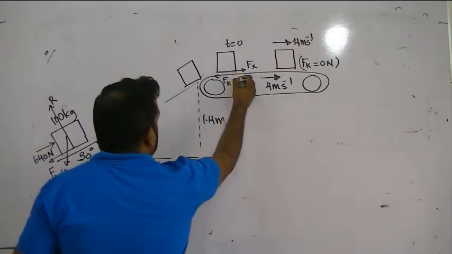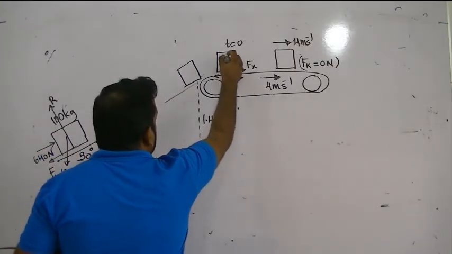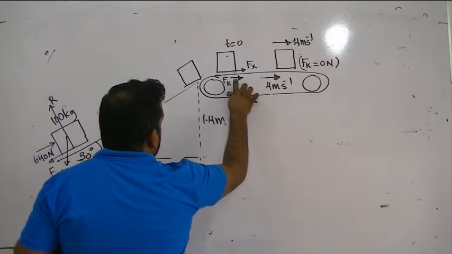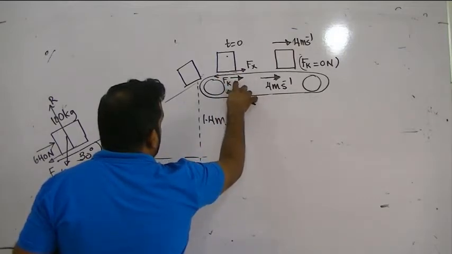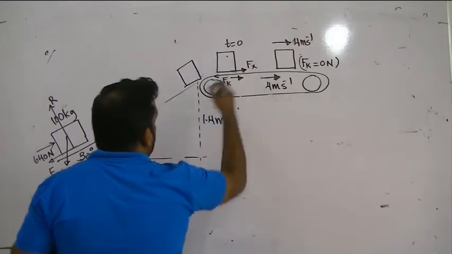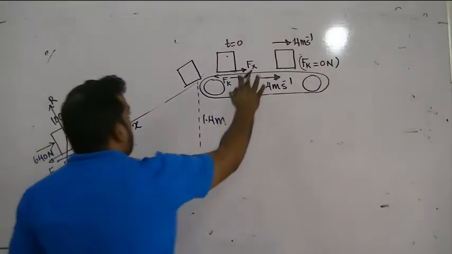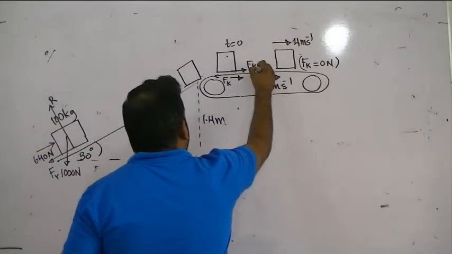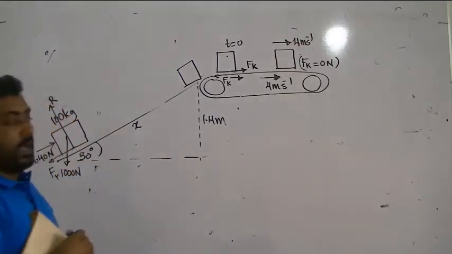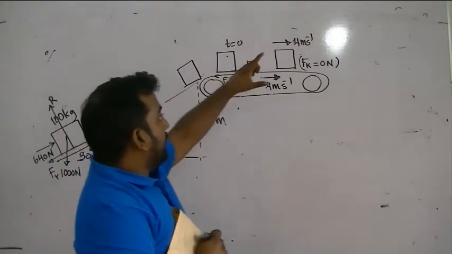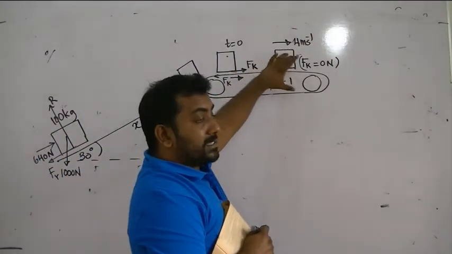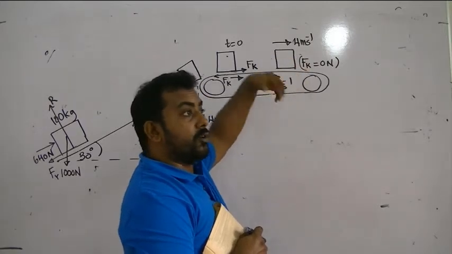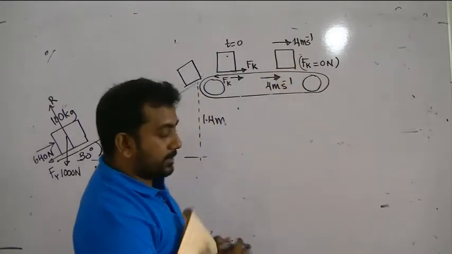Before that, there is a relative motion. This is going forward, these are at rest. Opposing this relative motion means the object also should go with the same speed. So there is a friction force acting forward, and this friction force will accelerate the object. But here, both the velocities are the same. There is no relative motion. No relative motion means friction will disappear.